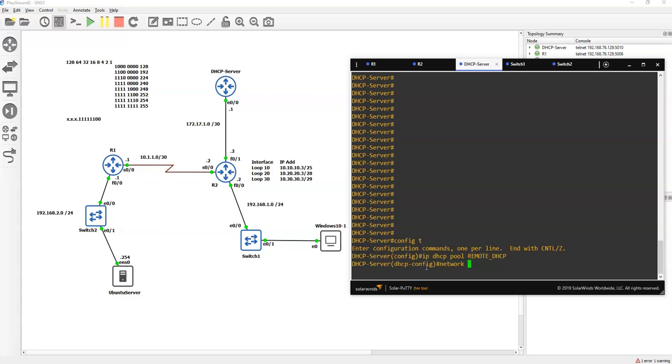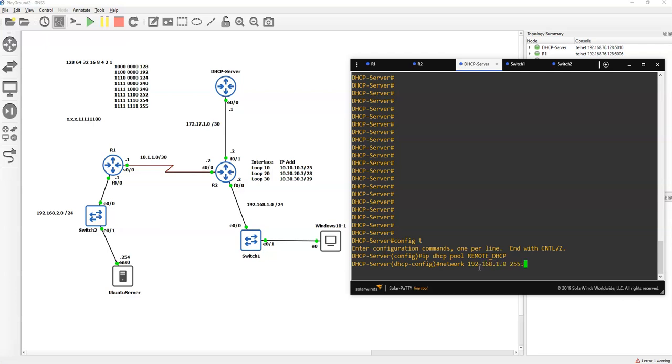What's our network that we want to assign the IP address to, which is this one, because of DORA. Remember DORA, the acronym. That's important for you to remember for your CCNA. The client goes back and says, hey, let me have an IP address, and then this DHCP server is going to tell it, hey, here is your DHCP address that I'm going to assign to you. So we need this network